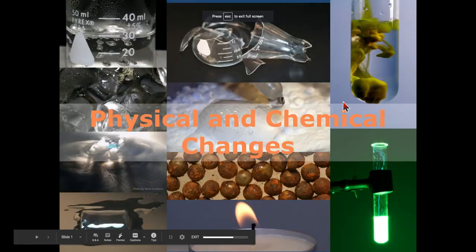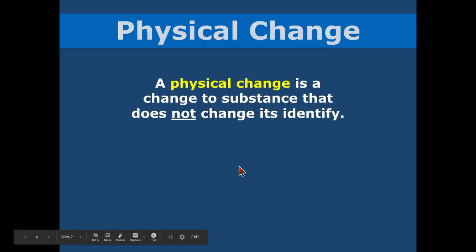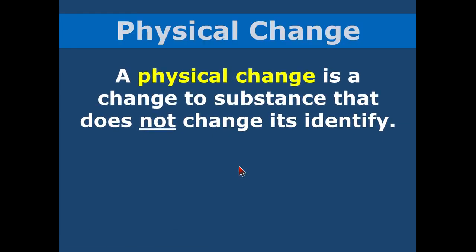Okay, we are going to be looking at physical and chemical changes in chemistry. As you can see, a lot of different things on the screen here. Top right is a precipitate. Then you got breaking, boiling, burning, oxidation. Lots of different things here. Let's dive in. So when we're looking at physical change, it is a change to a substance that does not